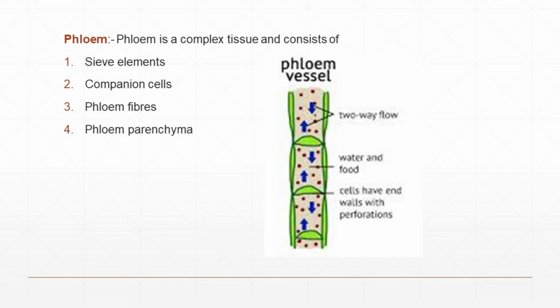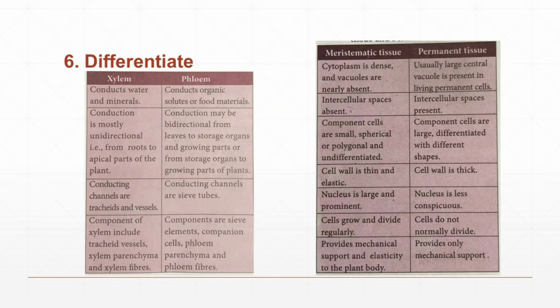Let us discuss the differences between xylem and phloem. Xylem conducts water and minerals. What does phloem conduct? Tell me. Phloem conducts organic solutes or food materials. Next one. Xylem conduction is mostly unidirectional, that is always upwards from roots to apical parts of the plant. Here phloem conduction may be bidirectional, from leaves to storage organs and growing